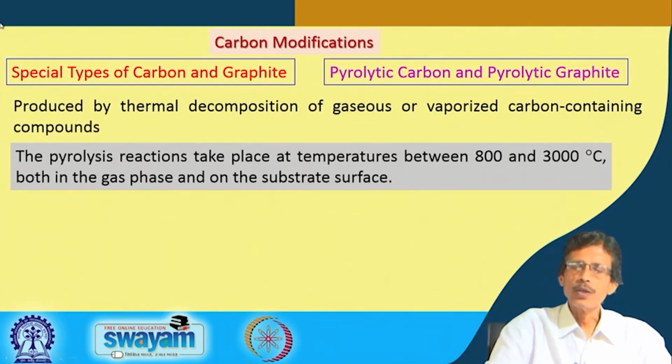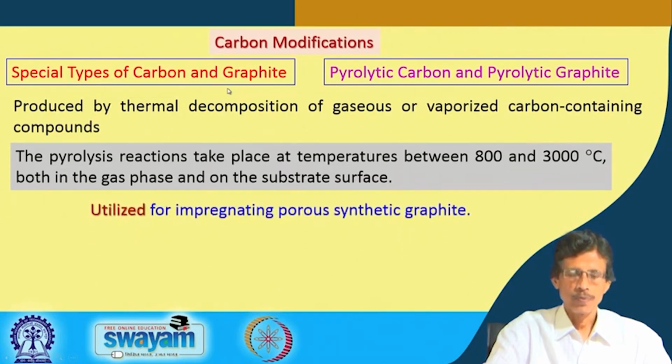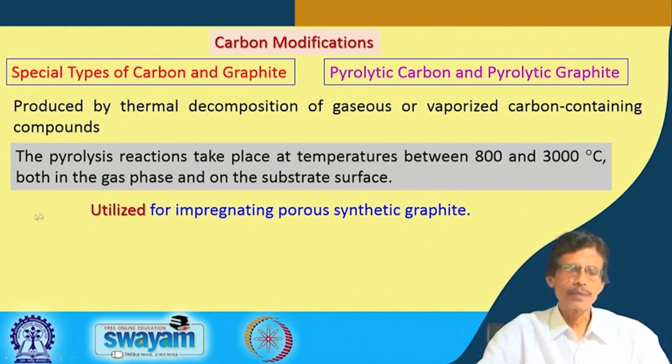So, at this point you try to remember what particular temperature will be useful such that you can leave behind the carbon product from any other very cheaply available raw material for the burning process. This can be utilized for impregnating porous synthetic graphite. The pyrolysis reaction basically can be used for getting some graphite, because for graphite we have told you that